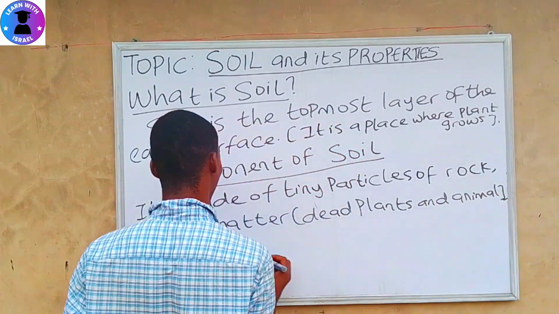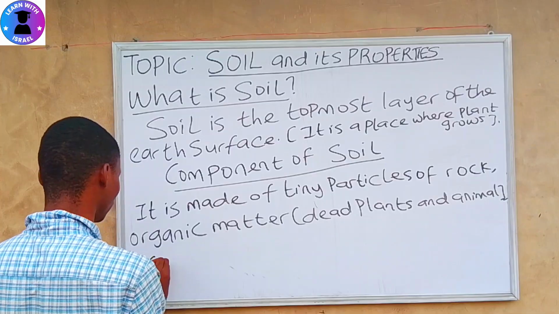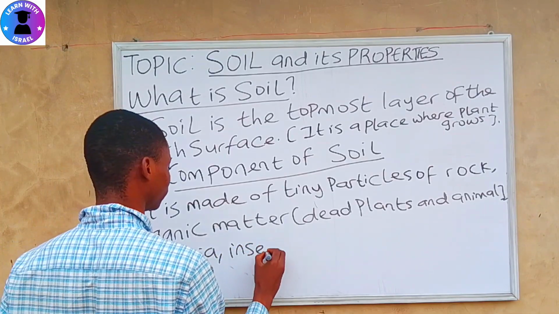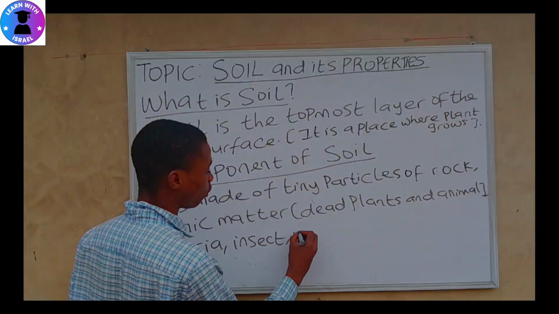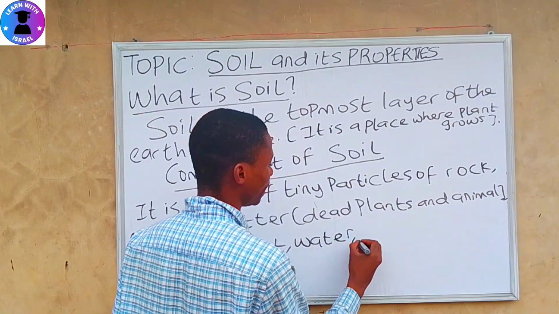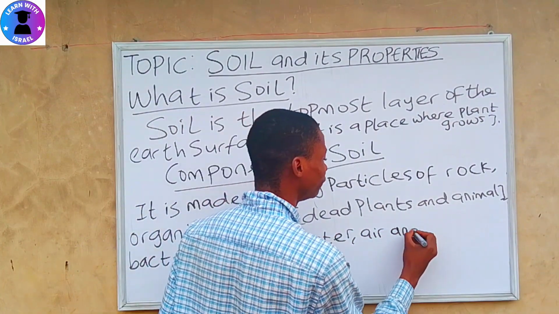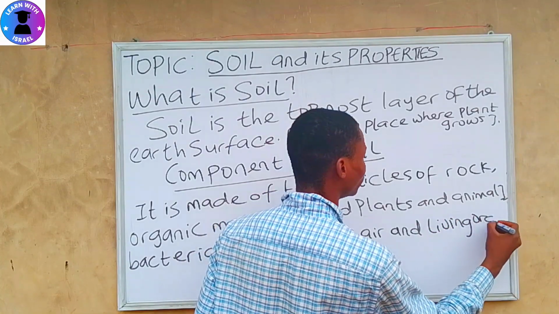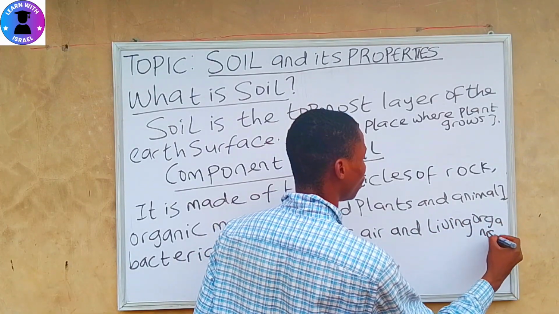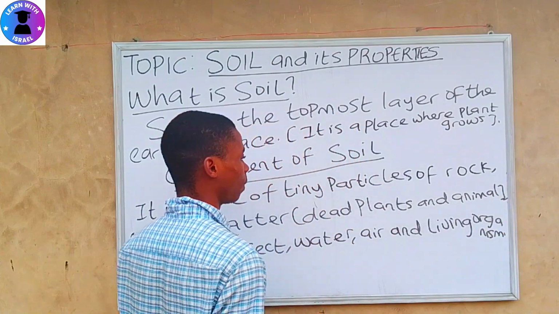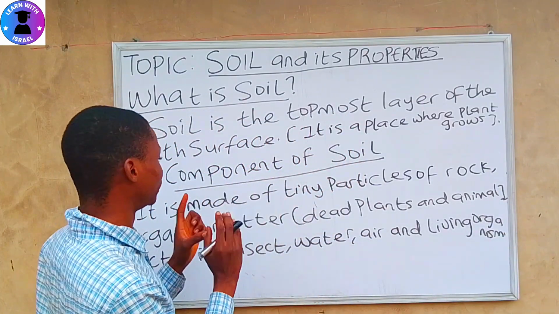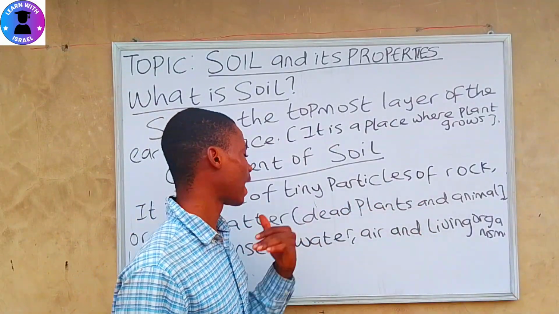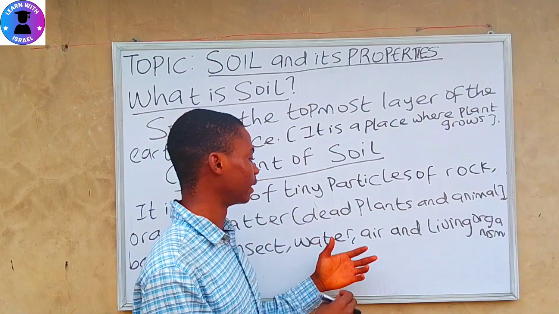And it's also made up of bacteria, insects. It's also made up of water, air, and living organisms. So soil is made up of tiny particles of raw organic matter like dead plants and animals, bacteria, insects, water,